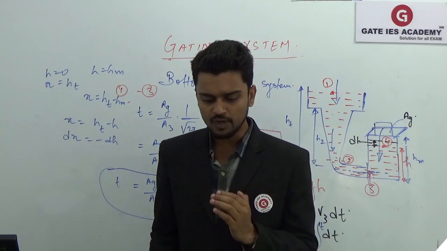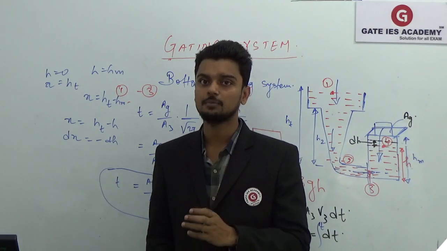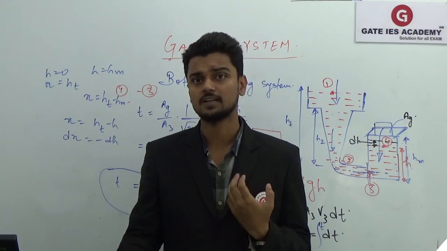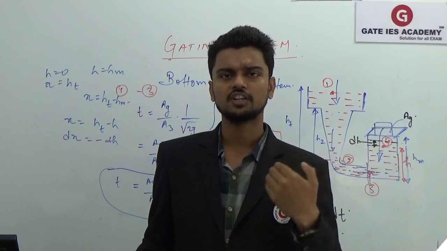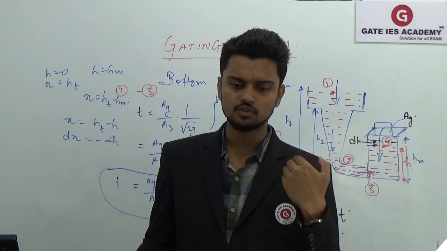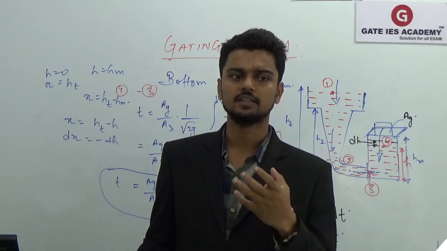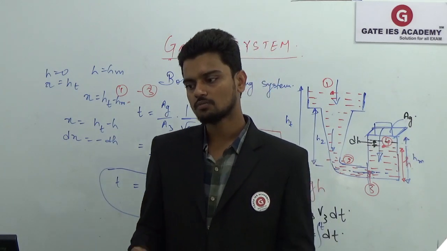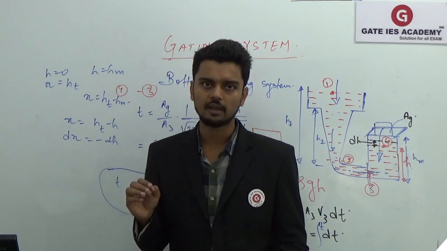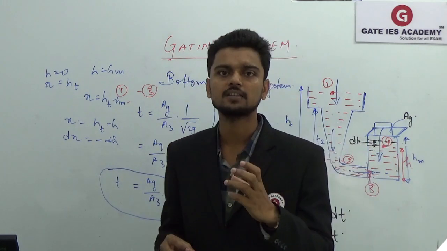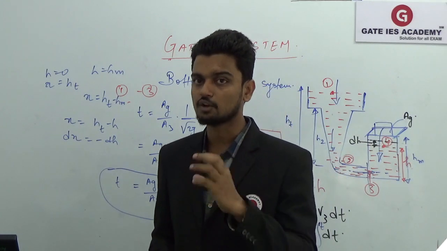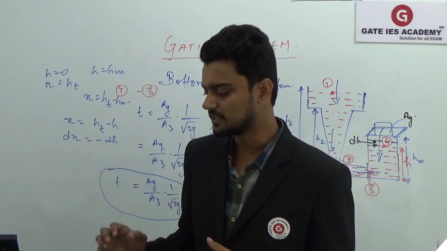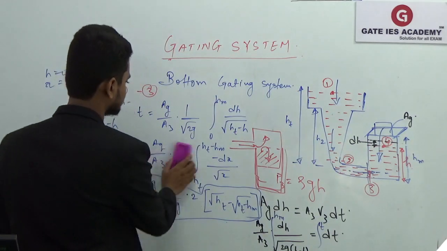That means we are talking about the cross-sectional area at the base of the sprue, the cross-sectional area of the runner, which we discussed is a horizontal passage of uniform, trapezoidal cross-section, and then the cross-sectional area of the ingate. So basically what we are trying to say,